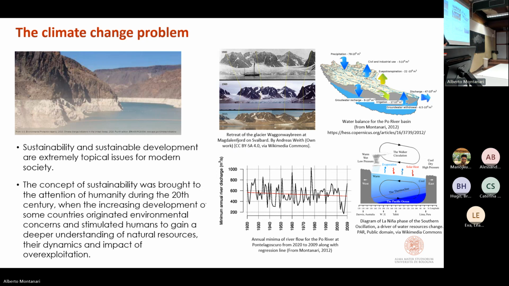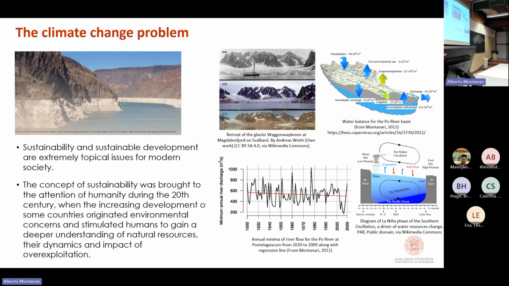Now, there are several variables, and progress trends in several variables, that originated the concern on sustainability and then later on climate change. Here in this slide, you can see some of them, but we don't need to go into the real details. On the upper right, you see a water balance for the Po River, which is under attention because the Po River provides water for irrigation to a large part of north of Italy, and also provides water for civil use to a large part of north of Italy.